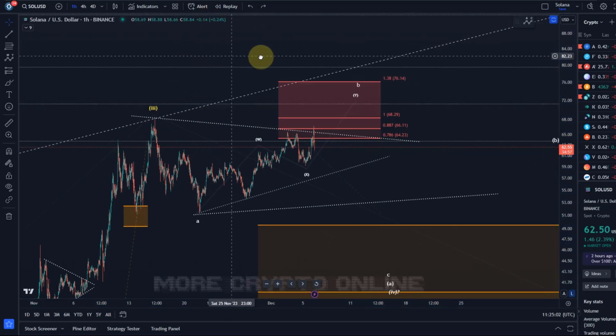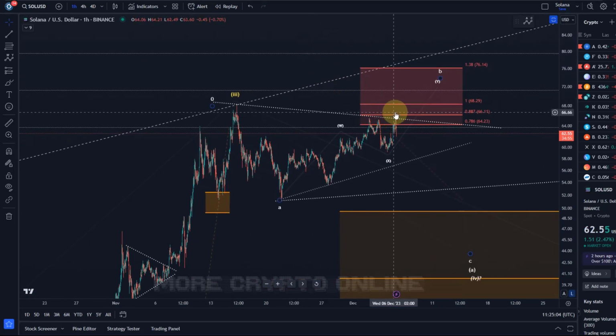Bear in mind, there are many counts in corrections. I just give you some roadmaps here. It's not really recommended to trade within a B wave. It's not really recommended to trade within a correction, but rather to zoom out. And we just use the roadmap here to understand how likely it is that this correction is finished or getting close to completion or whatever.